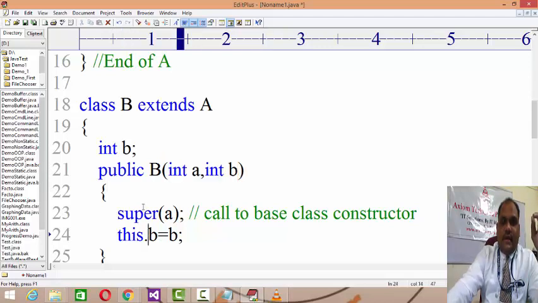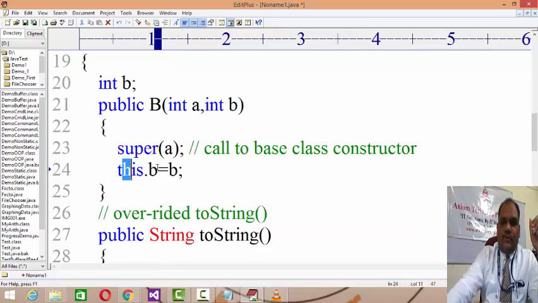Here in this case, as you are not creating the object of A, the constructor will not give a call to A, but then the question arises how to initialize the private data belonging to the base class. In such situations, in the constructor of the derived class, we'll take the extra argument, and there is a keyword called super.